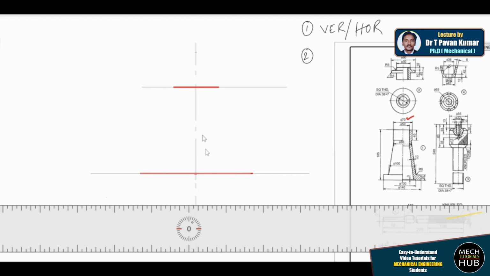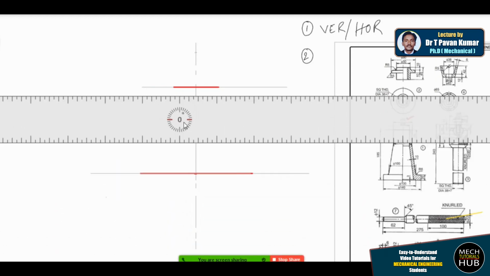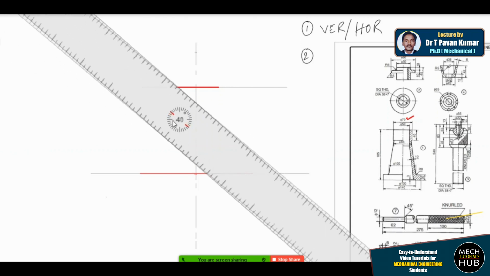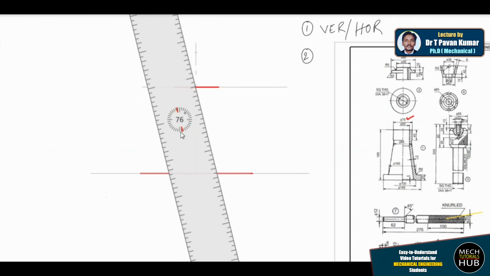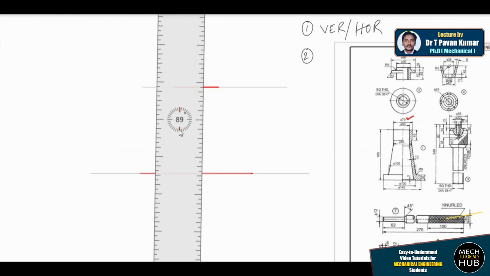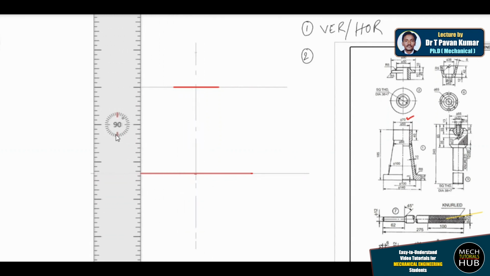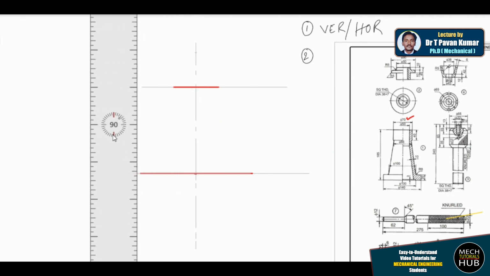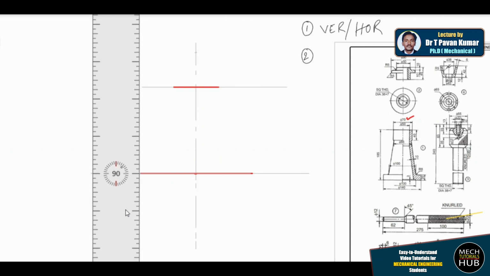Now let me draw the verticals which are required to complete the component. Whatever assembly you consider, only part number 1 is going to take enough time. Other parts you can draw so easily. You should have patience to draw part number 1, which is going to take at least 15 minutes to half an hour.